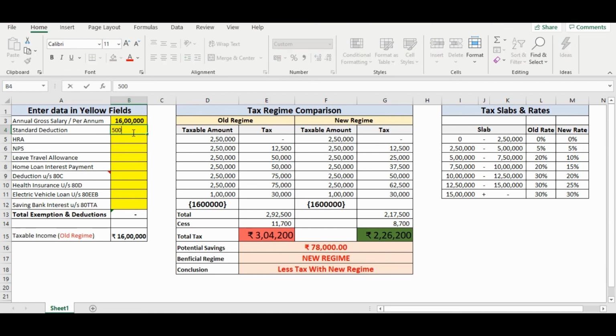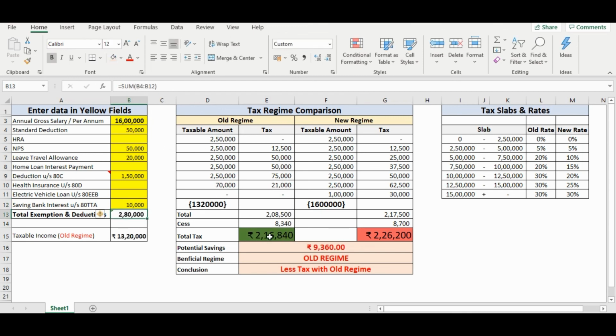So we claim 50,000 towards standard deductions, 50,000 towards NPS. Let us say we have LTA of 20,000 and we have made provisions under 80C where we have invested around 1,50,000 and we get interest of around 10,000 with our savings bank account.